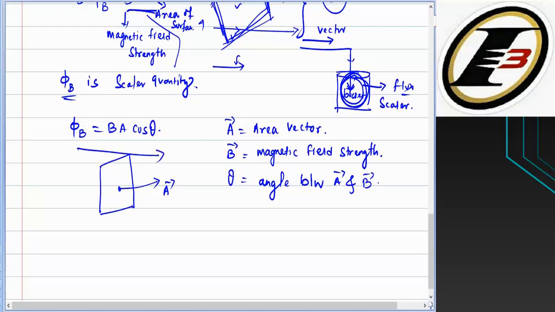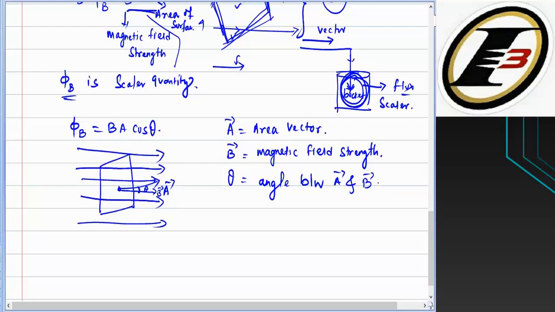Now these are the lines of forces, magnetic lines of forces. We can write down like this. So the direction of lines of forces is this. Then this will be how much? B vector. The angle is equal to how much? Theta. This is the angle between B and A. Understand my point or not?